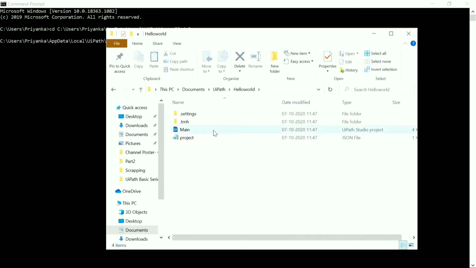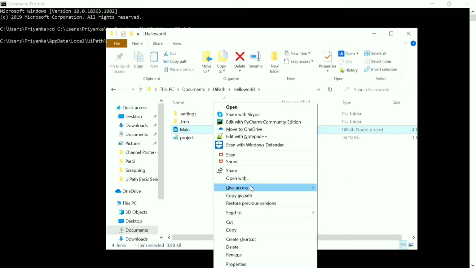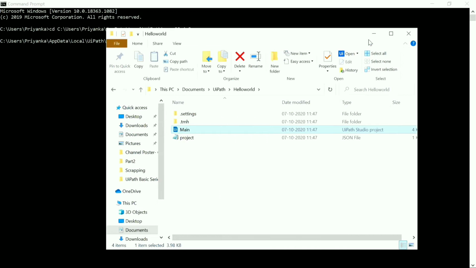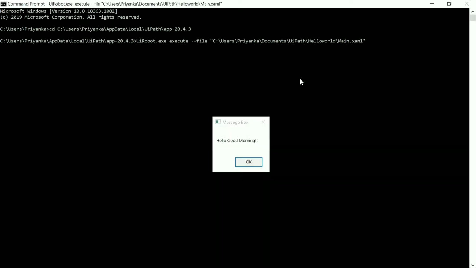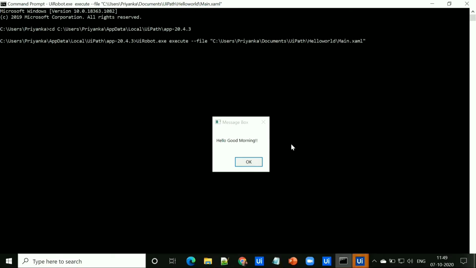To copy the path, click on the main.xaml file, press shift and right click, then click on copy as path. Go back to the command prompt, enter the path and hit enter. You can see that it will trigger the process. Now you can see the result, hello, good morning, that we just provided inside the message box.